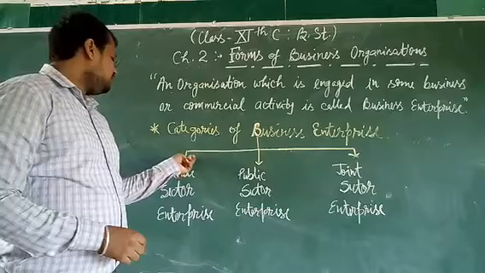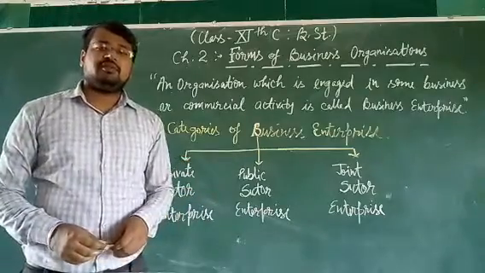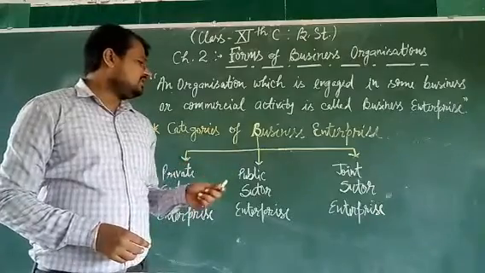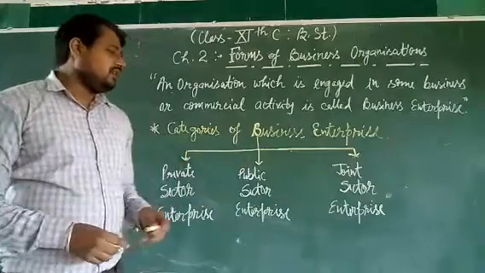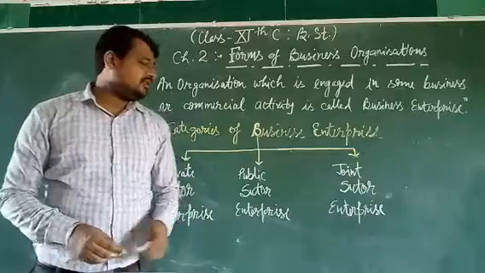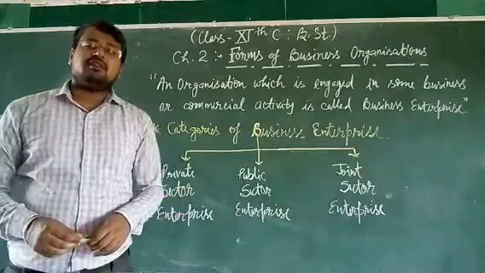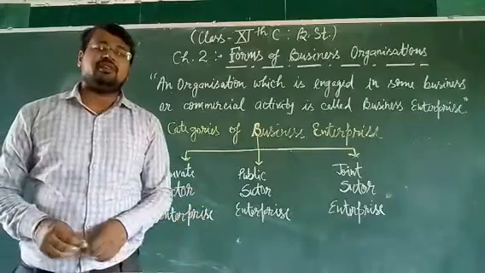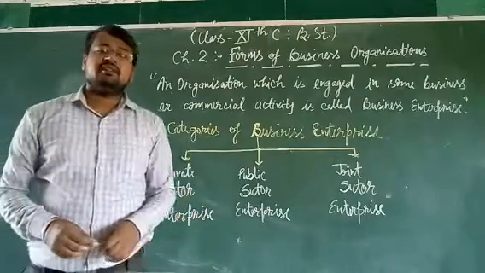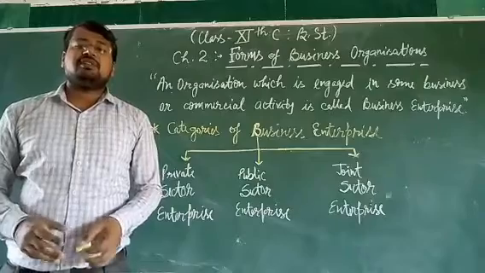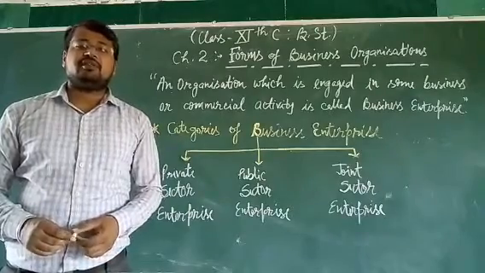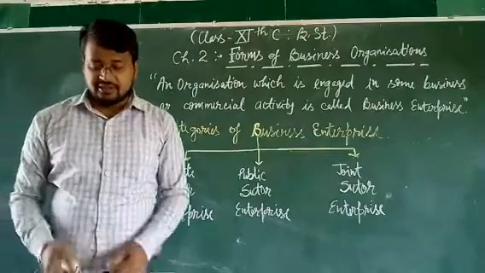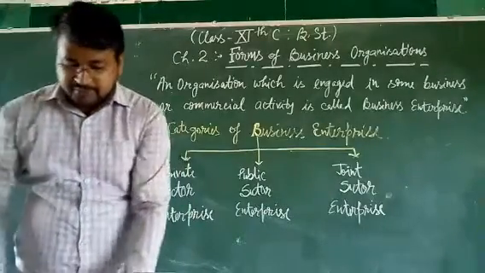First we need to understand what a business enterprise is, then we will discuss the categories of business enterprise. What major categories are found basically in the Indian scenario: the private, public and joint sector enterprise. All these enterprises have some pros and some cons. There are some advantages and some disadvantages in each of these categories. So it depends on our personal capability or personal requirement before deciding what type of business we want to indulge in. We will move ahead as per your book.